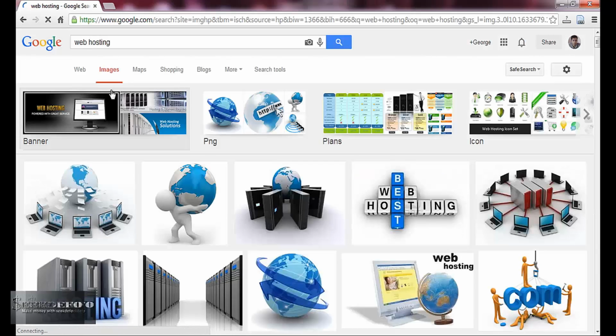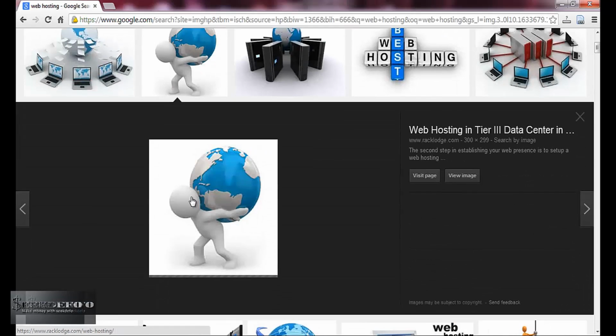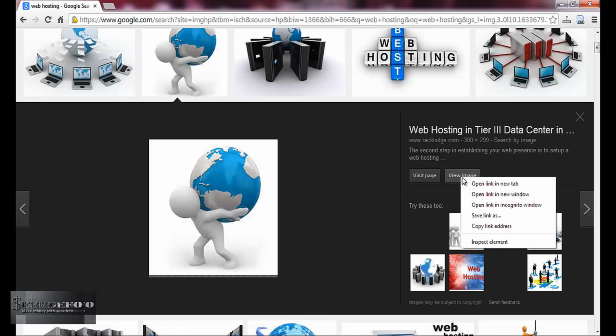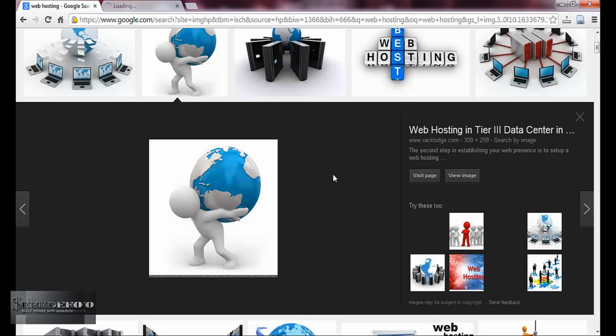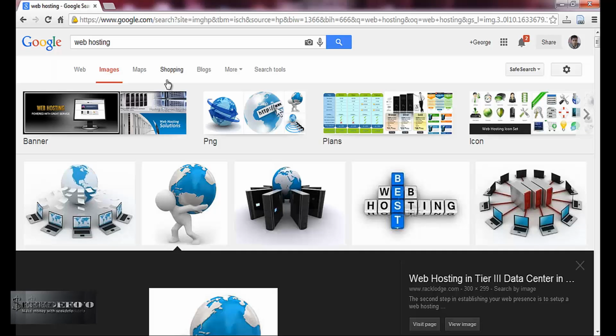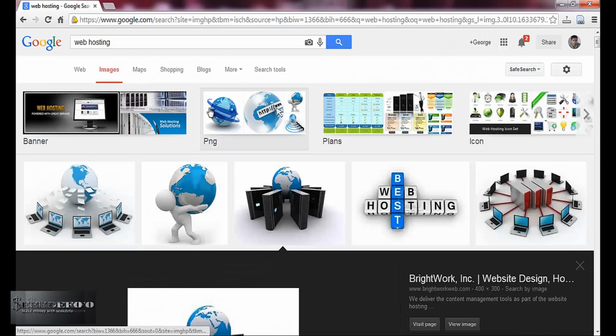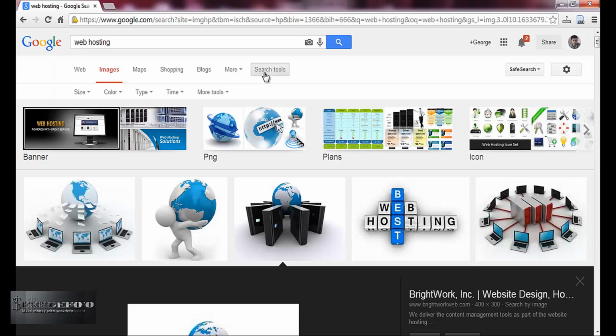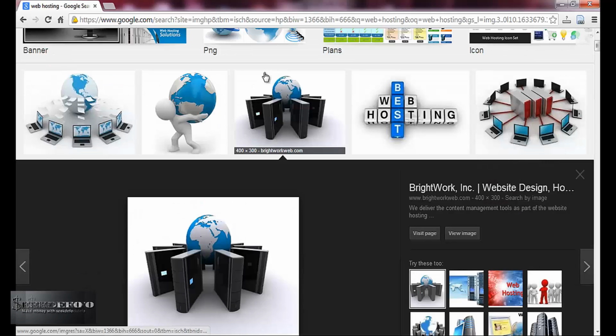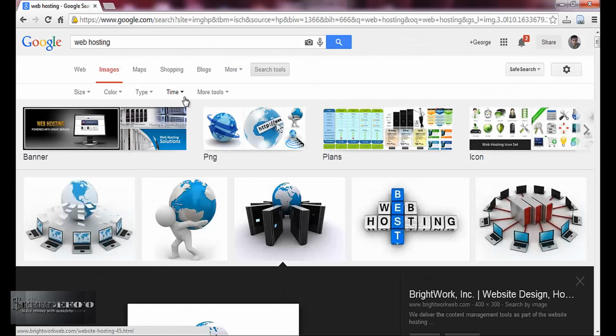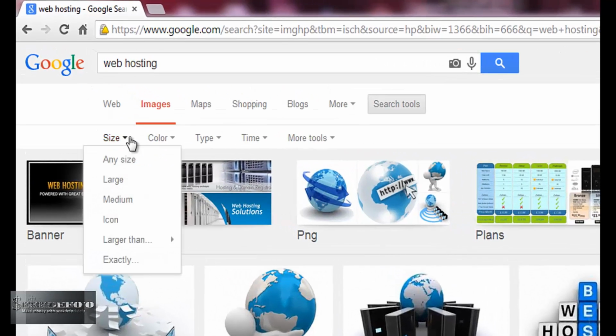So you have all these images on web hosting. So what we will do is open link in new tab, click on okay. Just before that, there's something else that I would like to do. Go to search tools. The thing is, these images may be too big for submission, and when we are submitting articles, it may overlap with the content, it may not look good. So for submission, what I do is go to size, select medium,